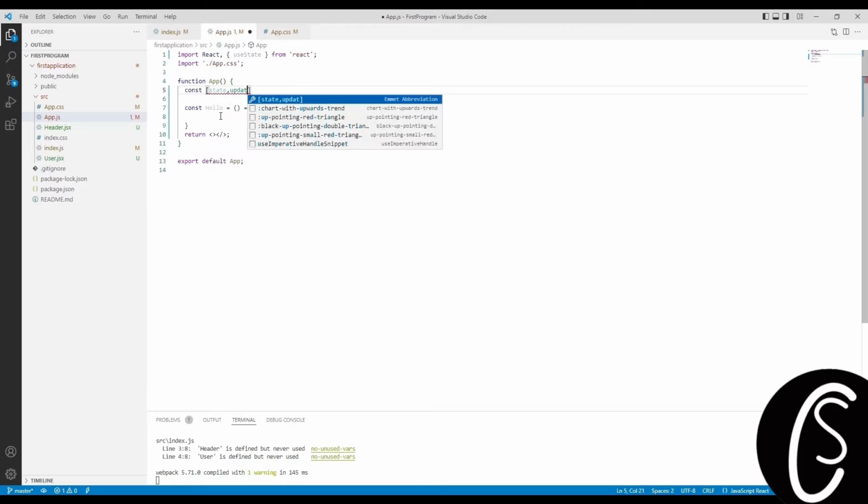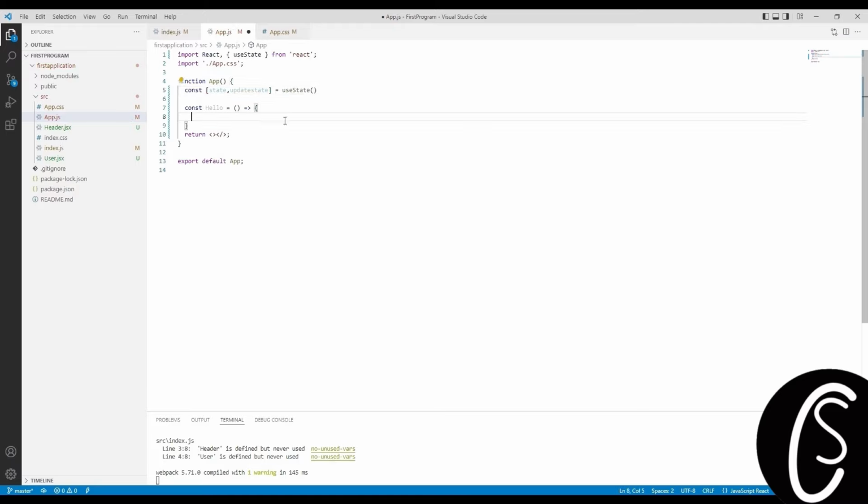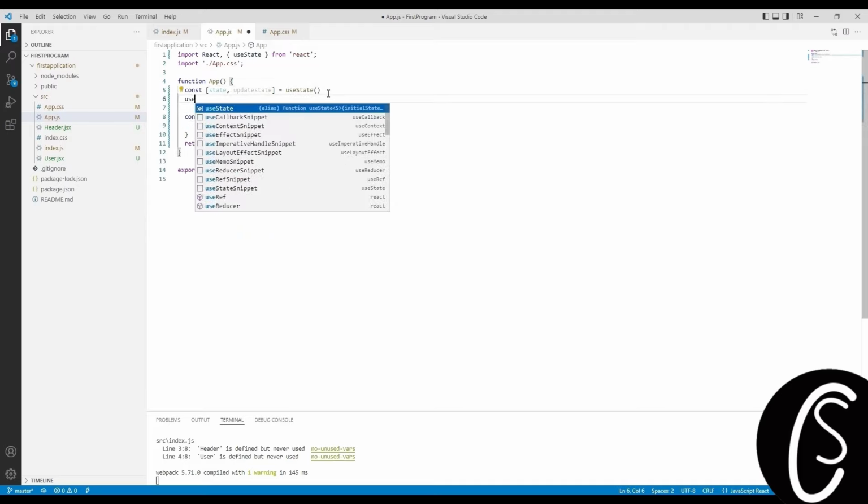So for example, if I write state, update state, and define useState, you have to make sure that when you initialize the useState, you import it from React. So in the next lecture, I'll tell you about that with the help of useState, like how we manage